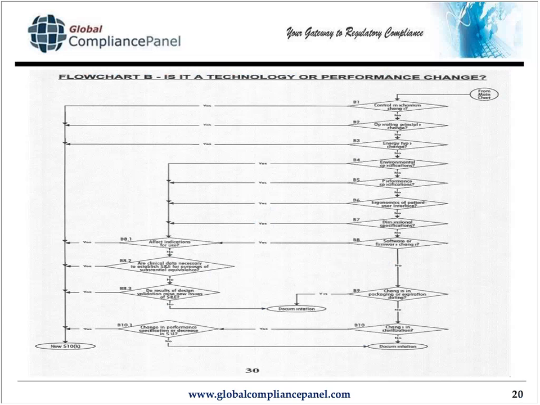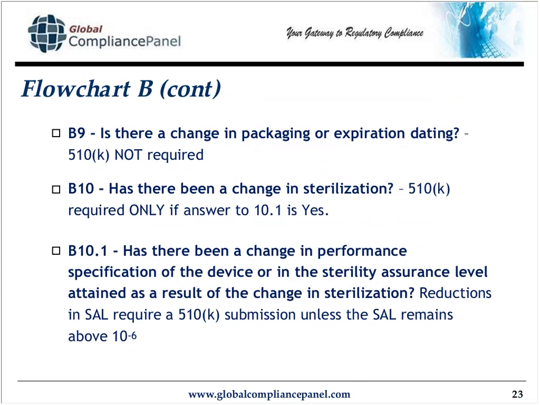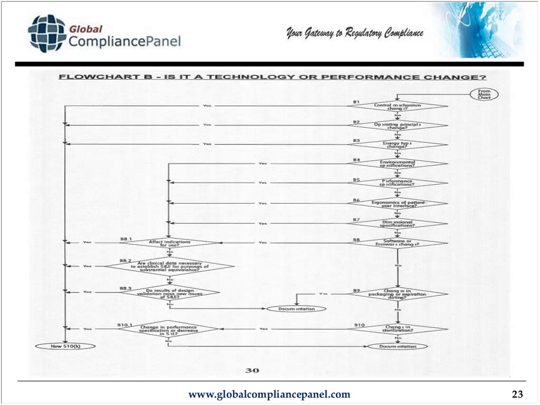Since we've looked at B4 through 8, we're going to head now to B9, which says, am I changing the packaging or am I changing the expiration dating? If I am, I only need to do documentation. And the reason for this, going back to the chart for a moment, is because when I change my packaging or my expiration dating, I'm regulatorily required to do process and/or design, and in some cases sterilization validation. I must do internal validation to make these changes. And what the agency is saying is that, you know what, do it on your own. You have to do it anyway. You don't need to send it to us.